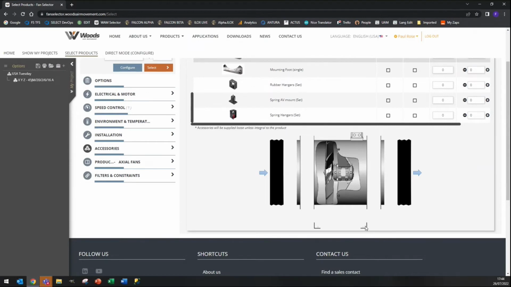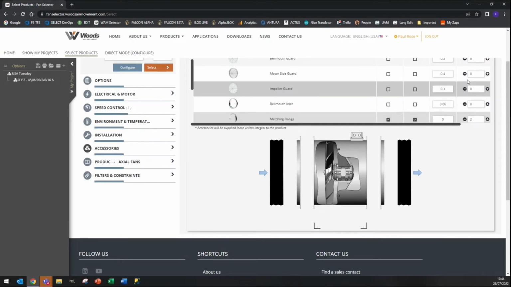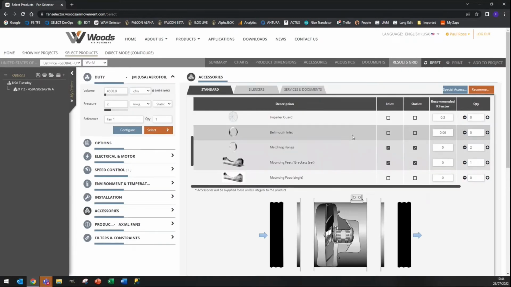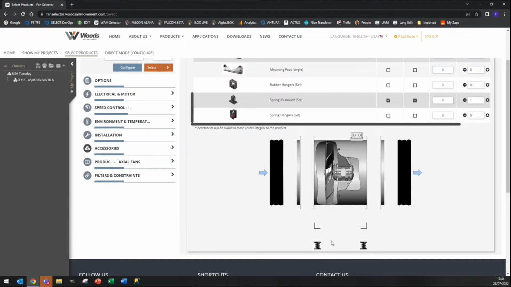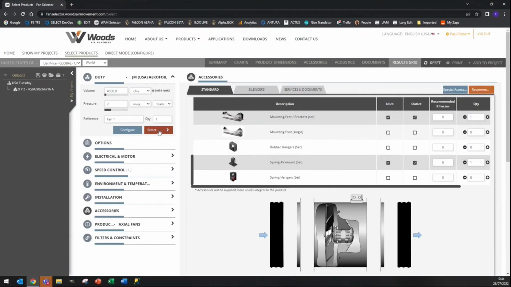What we don't have at the moment is any form of anti-vibration mountings. That's purely because at the moment, the default in the program is rubber AVs. And at the moment, you're looking at using spring AVs. So when you use this option, recommended, you will need to define some sort of anti-vibration mounting to isolate it from the base that it's going to be fastened to. So I'm going to use spring here. You can see here it's put spring in. And if I then reselect that fan,